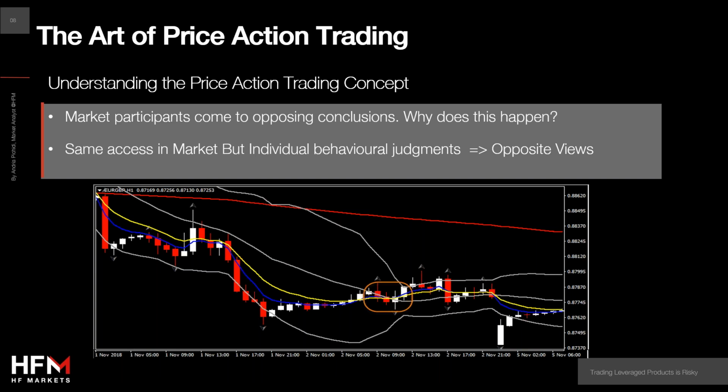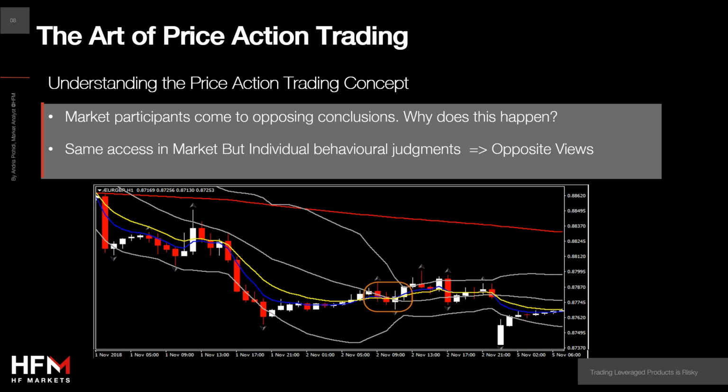But regardless of that, we are seeing two different approaches, opposing conclusions by market participants on actually the same information. Why are they taking different positions? Simply because each trader has his own judgment,